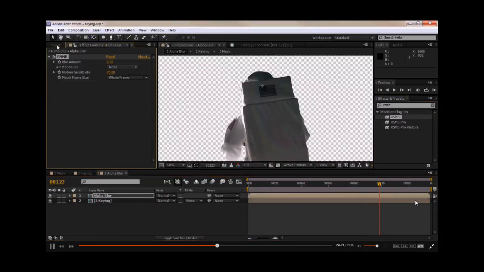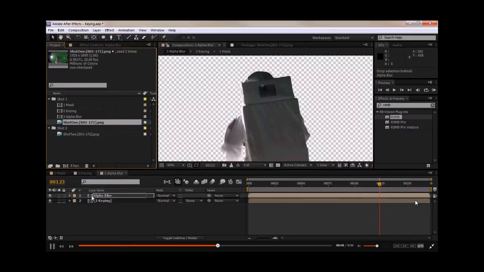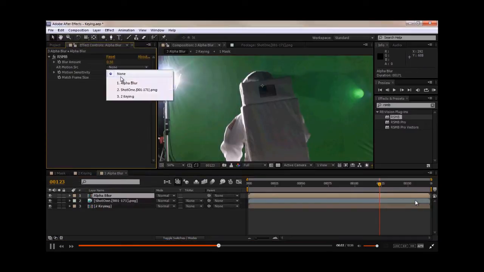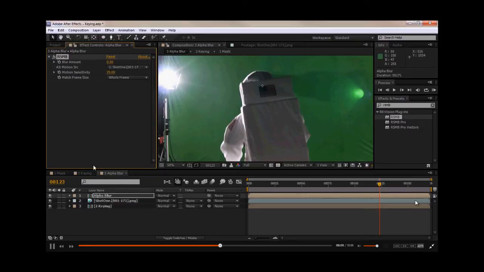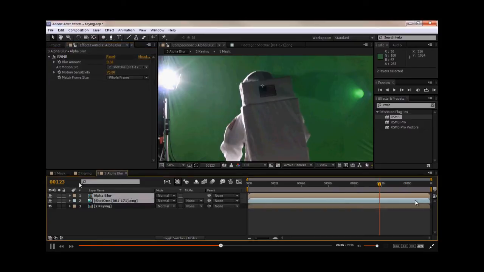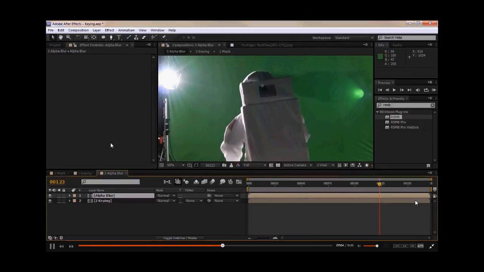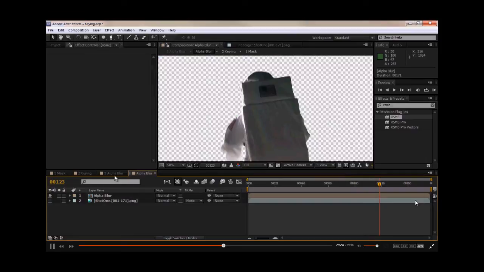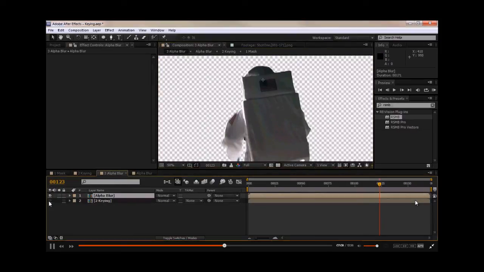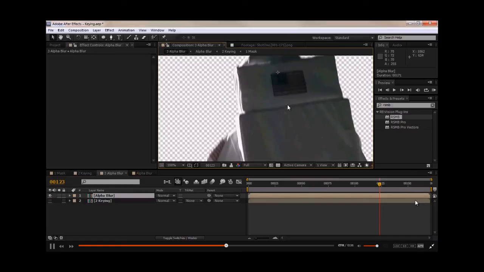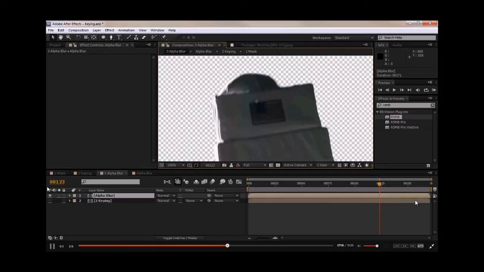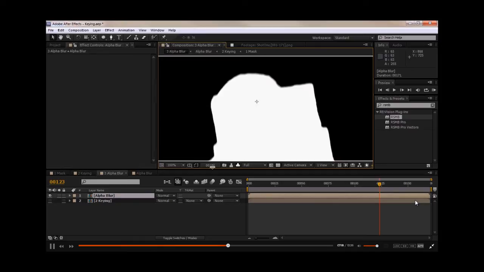And just to give RSMB as much information as we possibly can, I'm just going to let it source the original footage so it has a bit more information. And together that would be the alpha blur again. So in here, we actually don't need that. So here we have the completely blurred footage, and I just want to take the alpha of that. Now, if I go to the alpha channel and take a screenshot, we have this nice alpha, but if I